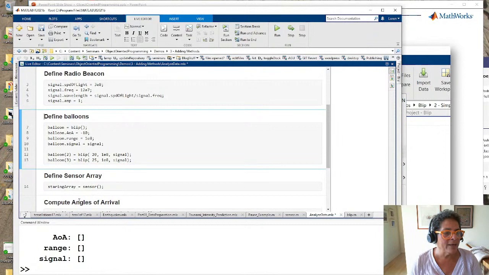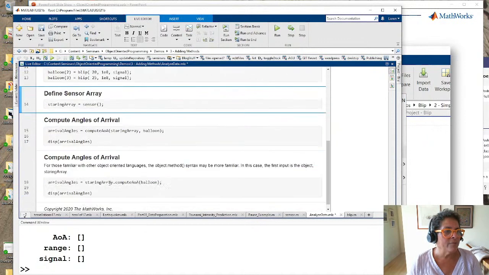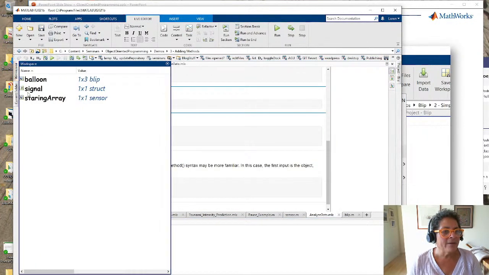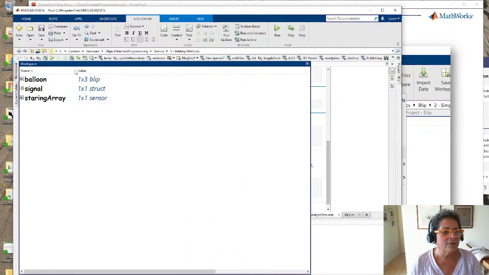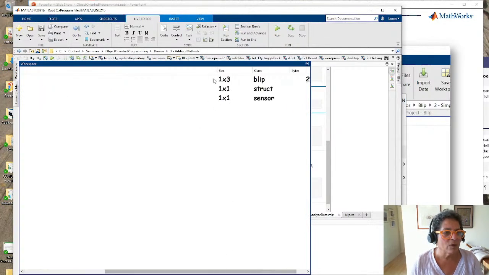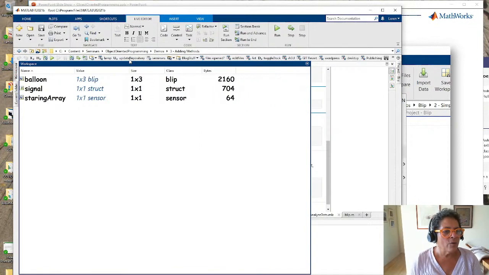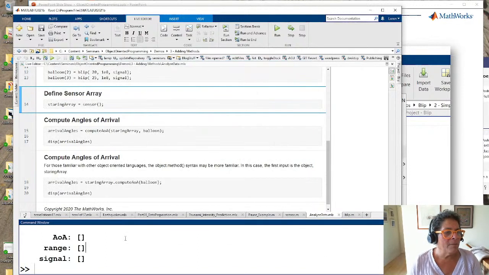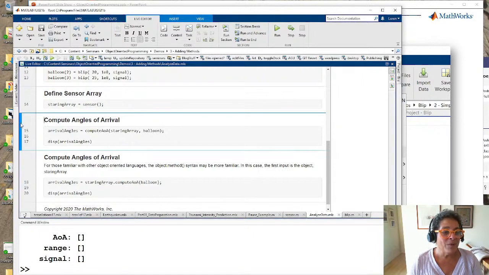And now I can create the sensor array. And now, since it's an object also, if we look in my workspace browser, let me see if I can make this nicer here. Somehow I have all these other ones, but they're way over there. Let's make this way smaller. That's nicer. Okay, so I've got a 1x1 sensor. I've got my signal that's a struct right now, and I've got my balloon that's a blip. Notice that it says that it's a blip there now. Cool. Okay, so I've got my staring array,